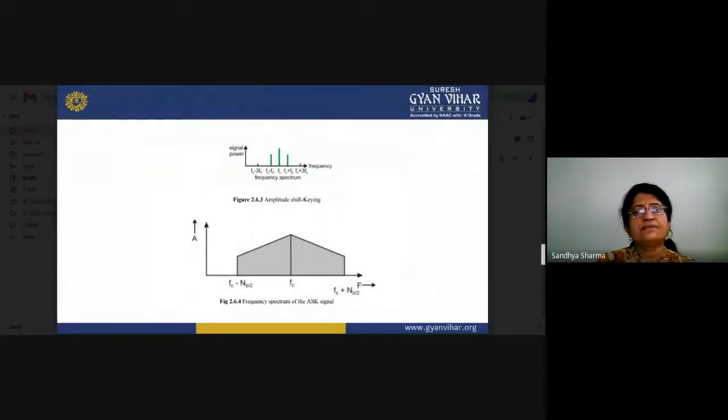So again, we will see here amplitude shift keying. That is basically part of how many shapes we have to achieve in our frequency spectrum. Again, we will revise a little bit of our amplitude modulation of analog signals. At that place we are achieving two spectra. FC is the center frequency of your carrier signal, and FM is the frequency of our modulating signal.